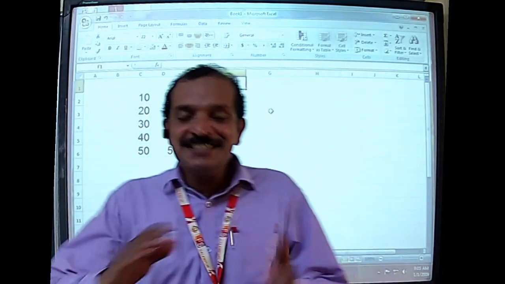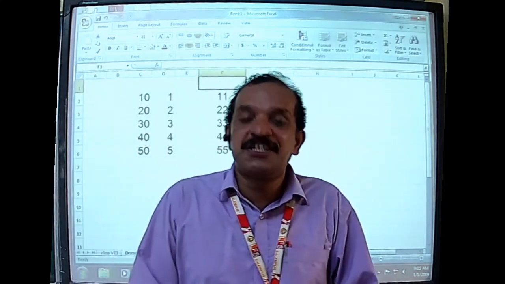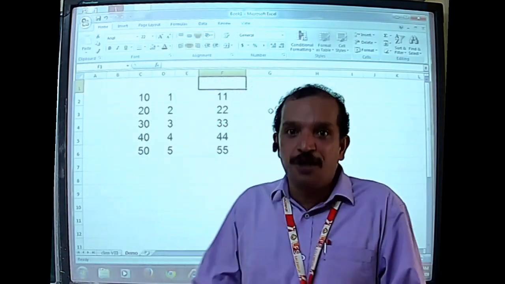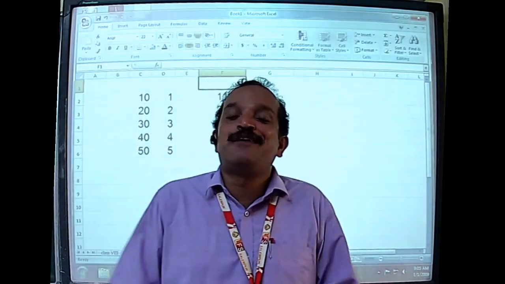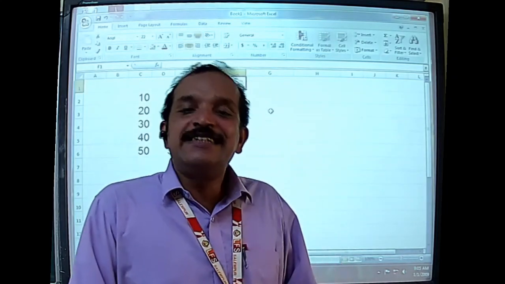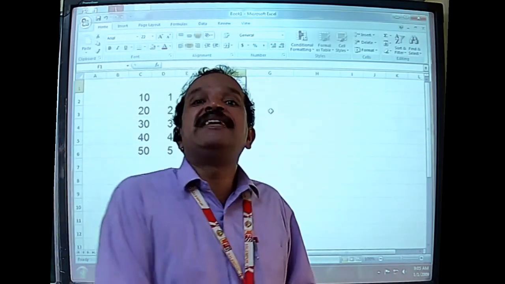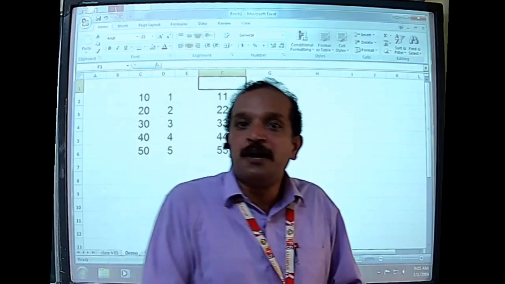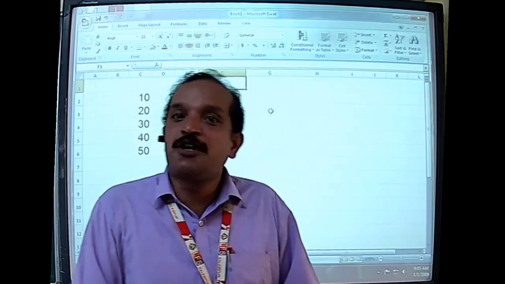Now, we were just about to discuss cell references, and mainly there are three types of cell references that can be used in MS Excel. The first one is the relative cell reference, about which we are already familiar, but you will have a clear-cut understanding of it when you learn about the other two also. That is absolute cell reference and mixed cell reference. So these are the three types of cell references provided by MS Excel to facilitate the use of formulas and functions as part of a workbook.